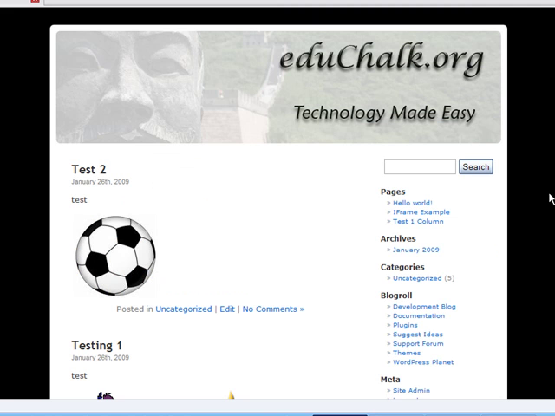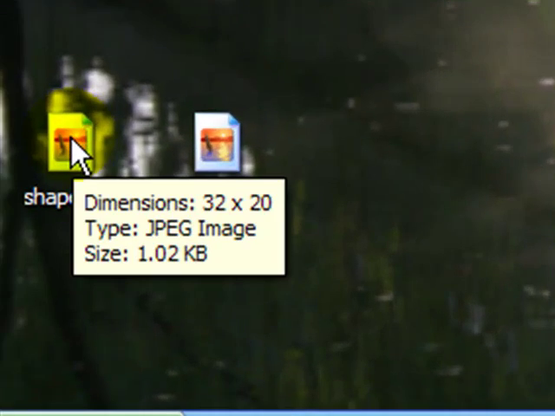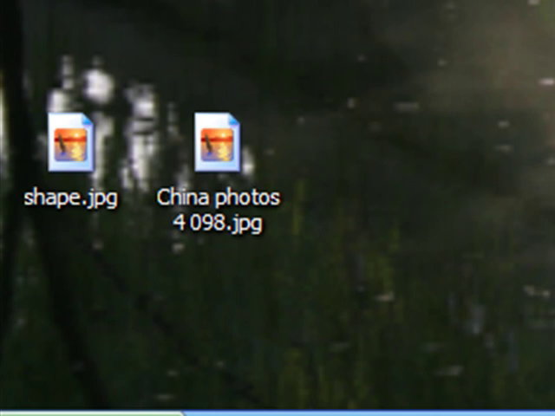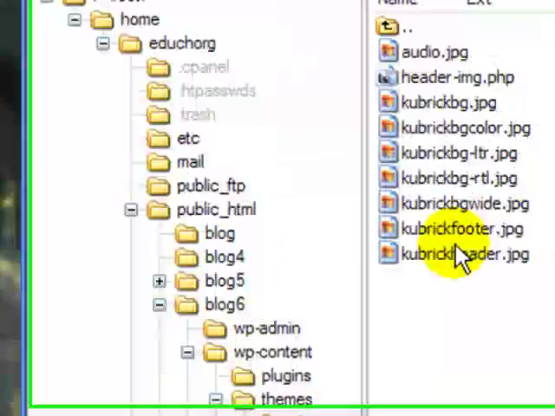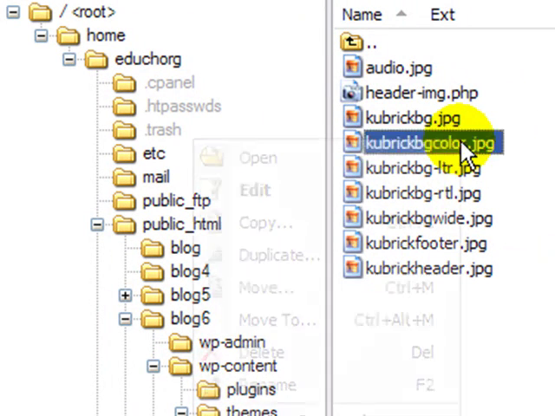Now one other thing that I'll show you that you could do if you wanted, instead of having that black background or a color background, you could have a repeating background like I showed you on another site. You just need to find the repeating image that you're going to use. For example, I have an image here called shape, as long as it's an image that will tile nicely. I go to my images directory, and we know the background is the actual Kubrick background color JPEG. So if I were to come here,